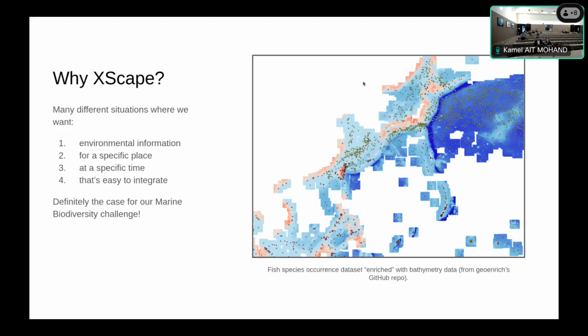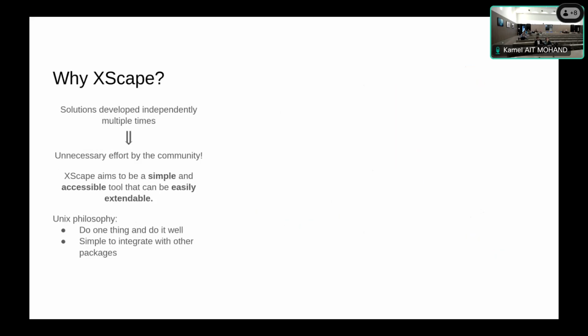Here you can see an example that I took from their repo, where they have a massive data set of 10 or 30,000 different surveys, and they cut a square of the bathymetry around each one of them, which they can then use to make predictions about the different fish abundances. But this effort that people are making multiple times is basically wasted, because other people cannot use those ad hoc tools